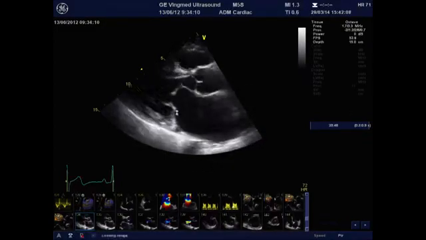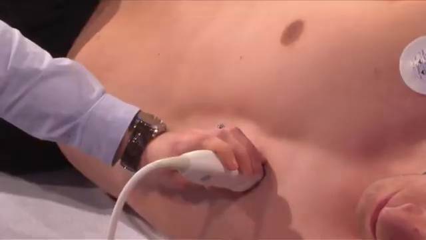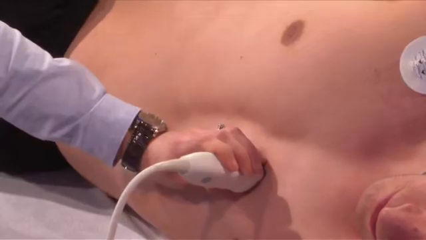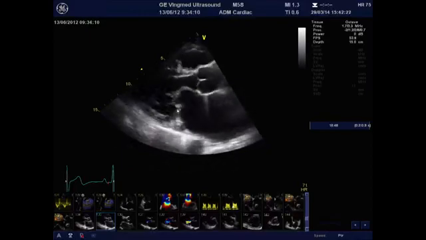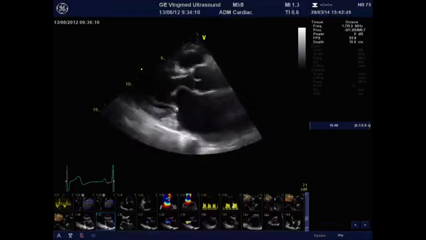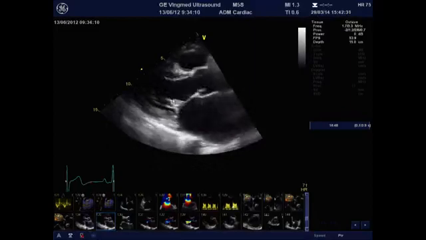mitral leaflet. Further on, if you just tilt the probe toward the medial aspect of the left ventricle, you can already see the fused commissure over here. So you have the anterior mitral leaflet doming in diastole, the restriction of the posterior leaflet, the fused chordae, the thickening of the leaflet tips, and also the fused commissure that you have seen here